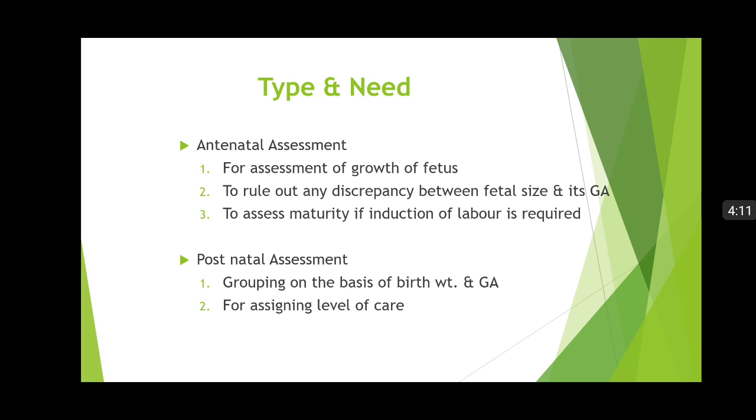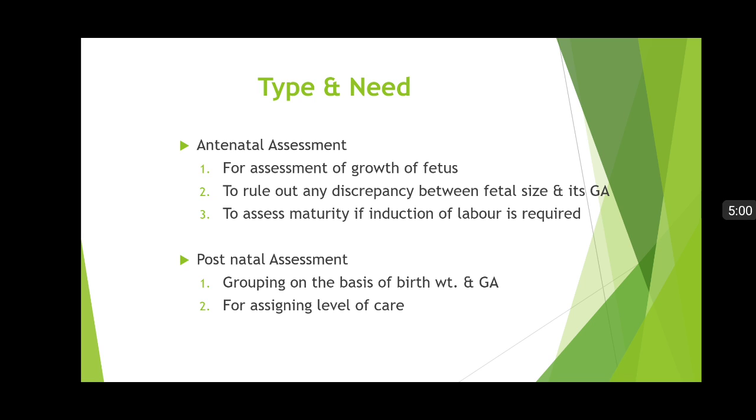Then postnatal assessment, which we usually do in the labor room or on the first day, that is, after birth we do the gestational age assessment of the newborn. Its requirement is basically for grouping the babies into basic 9 groups, as we have discussed earlier in the class, that newborns may be grouped into one of 9 categories, like preterm small for date, preterm appropriate for date, preterm large for date. 3 groups of preterm, likewise 3 groups of term, and likewise 3 groups of postterm. We can divide a newborn into one of the basic 9 categories,